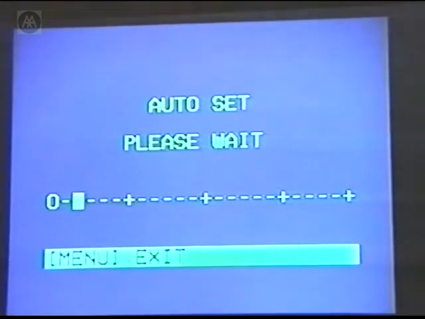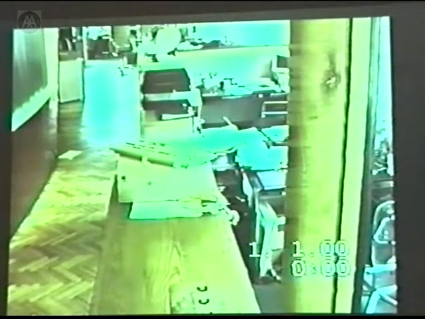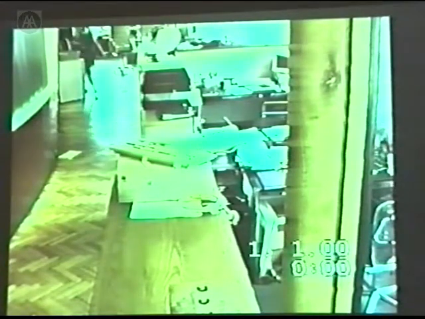Let me turn that off. Of a bit of office space, it should be. Please wait. I shouldn't need that. There we are. Right. Okay. This is a chunk of office space,